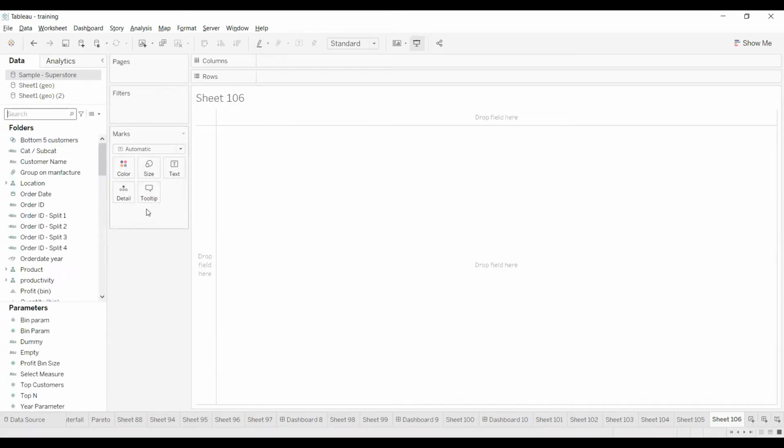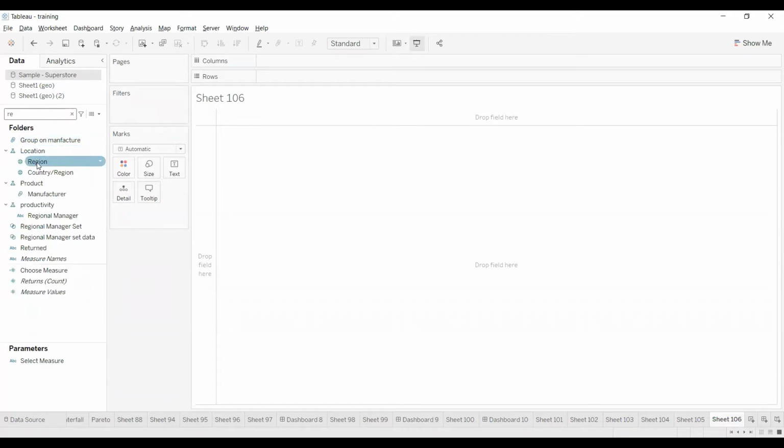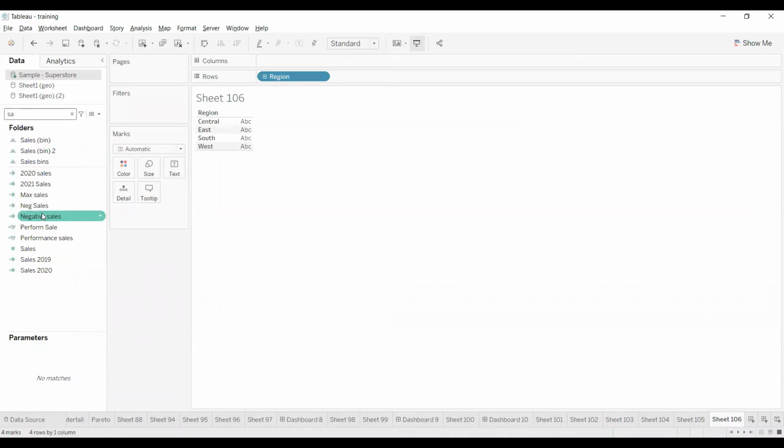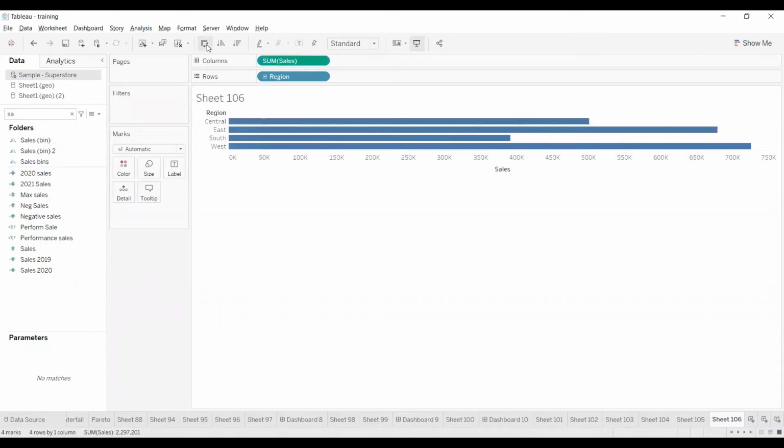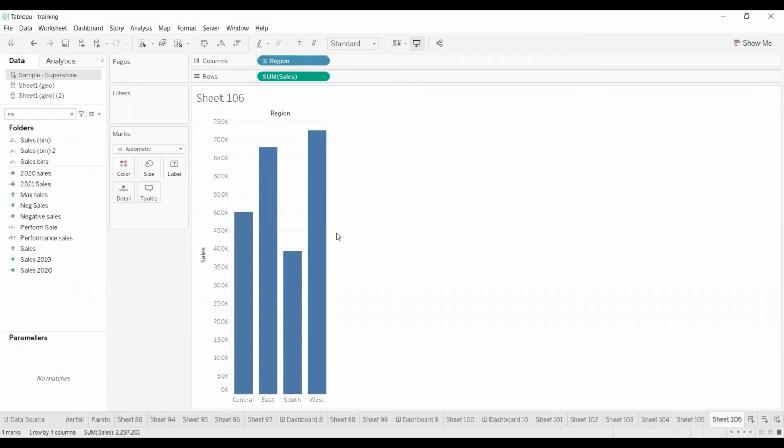Now the scenario is I would like to see region wise average sales and also customer wise average sales for each region. How does it look? The first thing I am going to do is drag and drop region onto the rows, sales onto the columns, and change the view type.